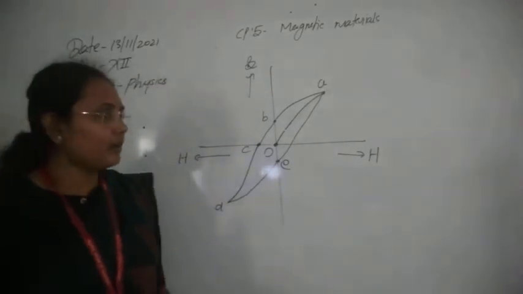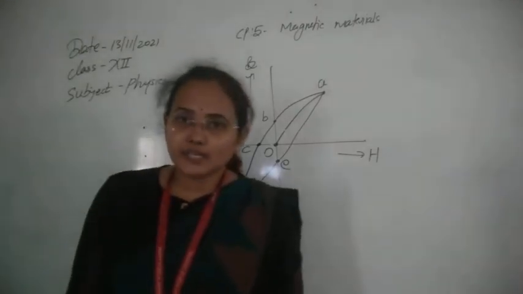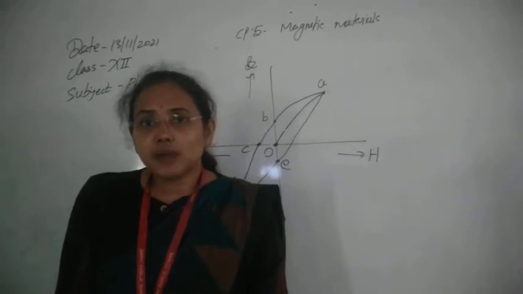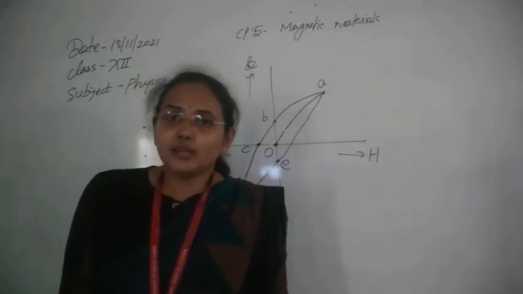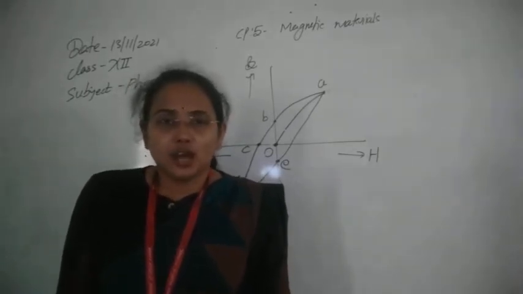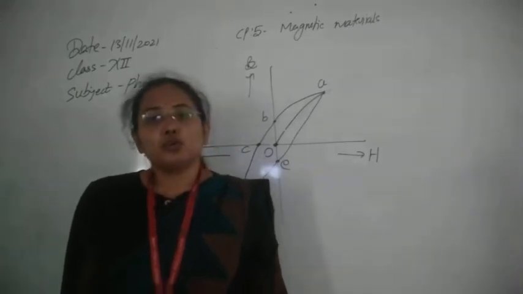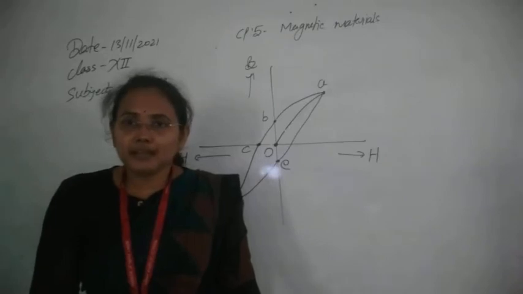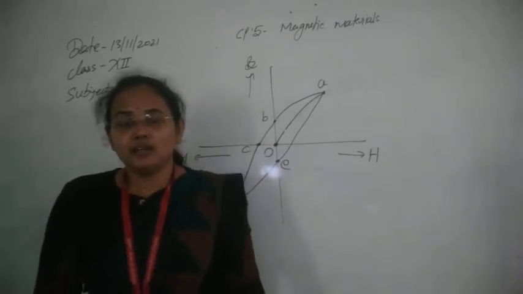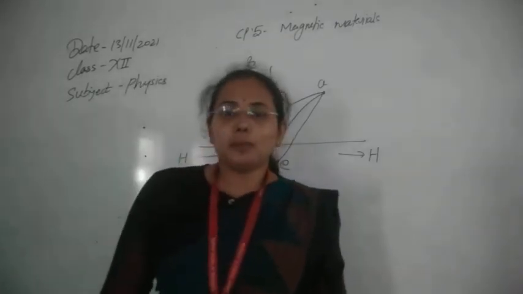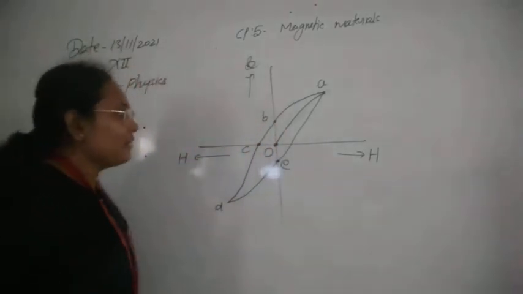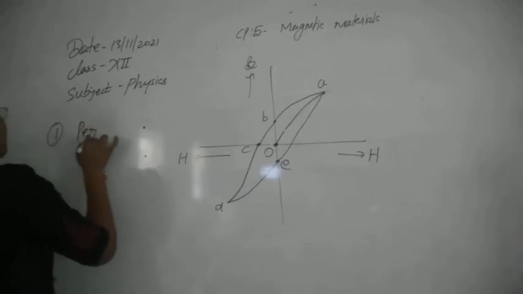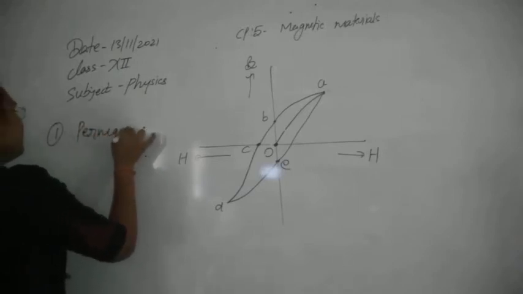Now this is a very important curve for the production of ferromagnetic materials: which material is good, which material is bad, or which kind of material we can use for different purposes. Our purpose here is to construct a magnet. First of all, we can construct a permanent magnet and we can construct an electromagnet. So first let's see the properties of a permanent magnet and what kind of behavior of the material we need for this. The first type is the permanent magnet.